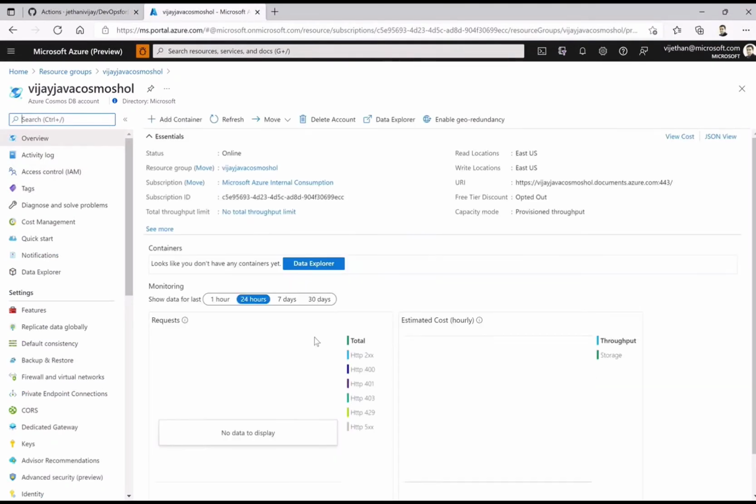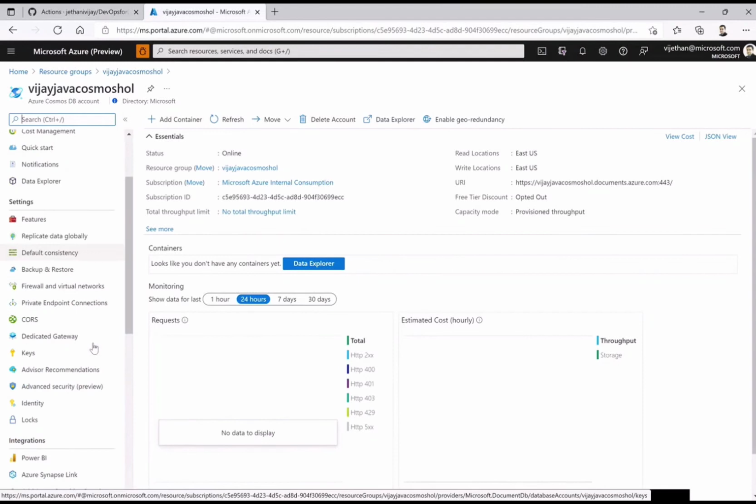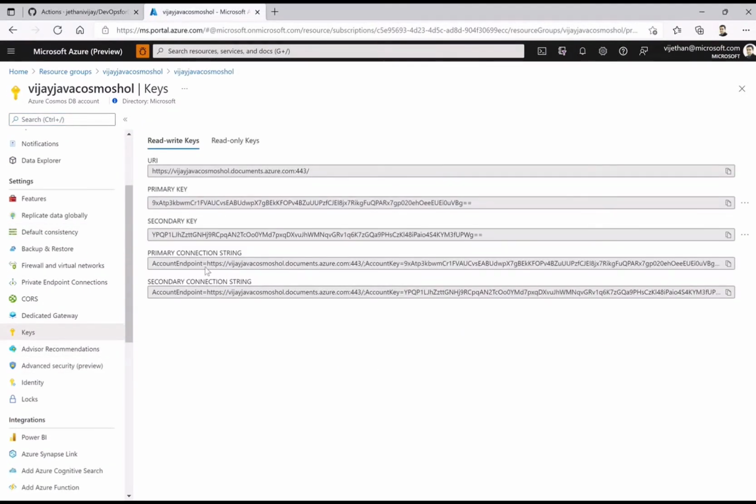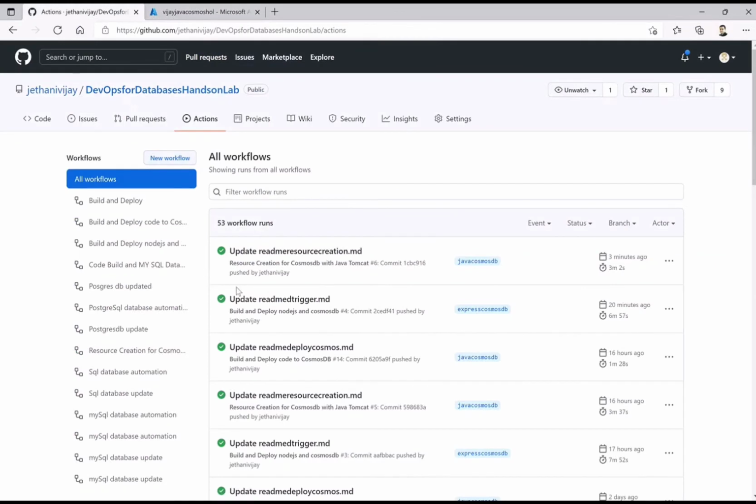Let me fetch that from the keys. The URI is nothing but your host, and this is what I will use. Similarly, I will need this primary key, so let me copy the primary key, because I think the URI is already there in my code since I did this before.